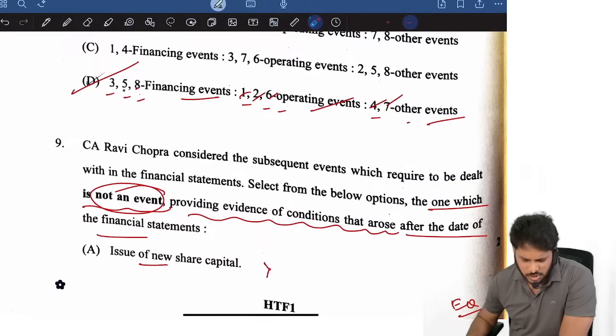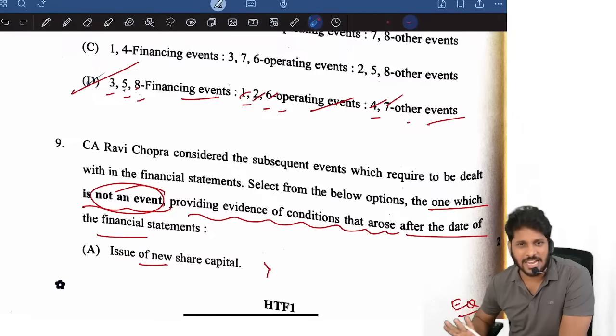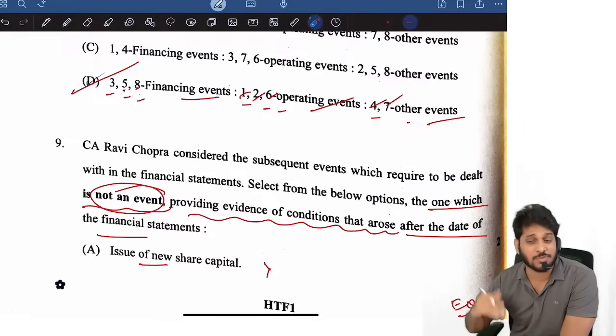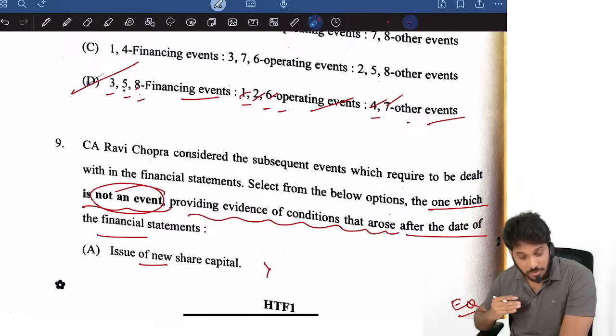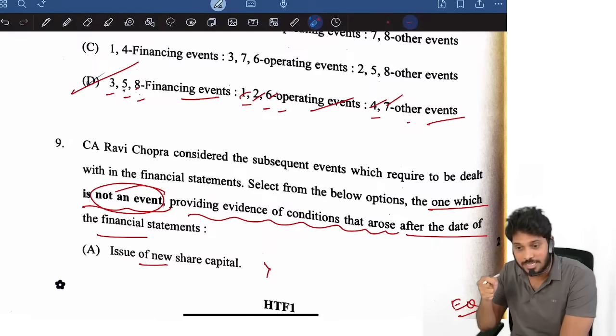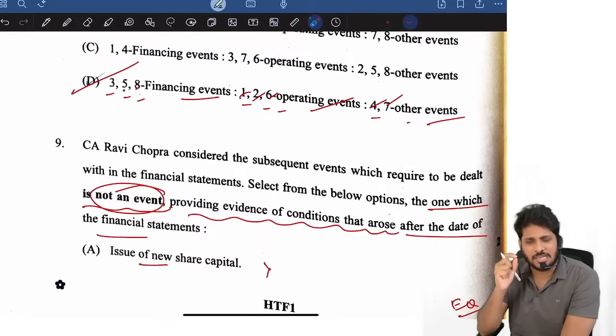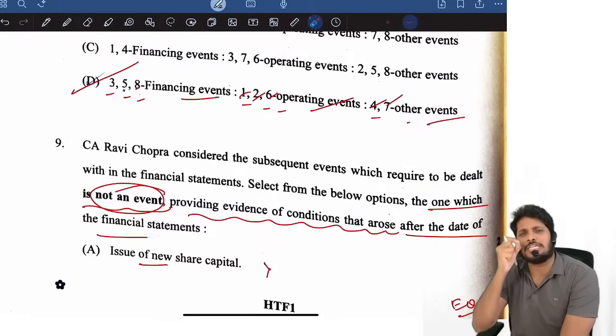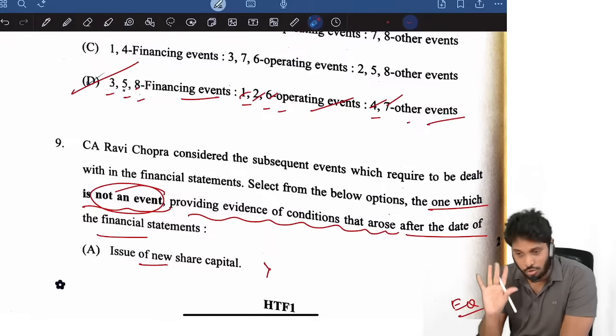As a whole paper, I can say 7 out of 10, not even 8, because descriptive is quite easy. MCQs were tricky. Generally when papers are very easy, when the questions are not in depth and not from corners, there is a possibility that valuation will be a little tougher, but don't think that it is extremely tough. Don't worry.